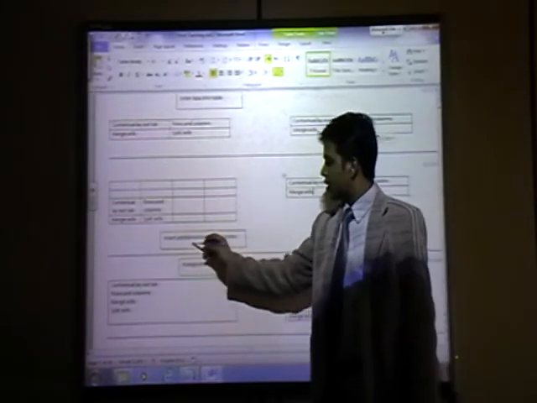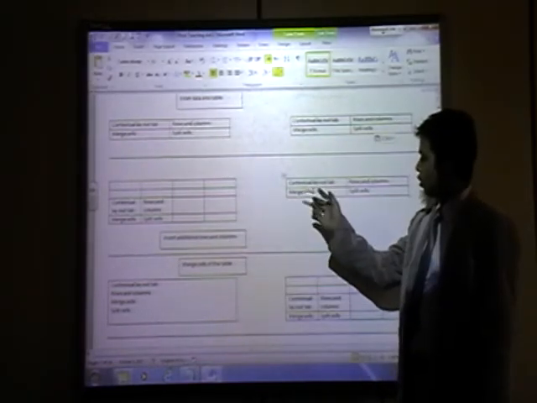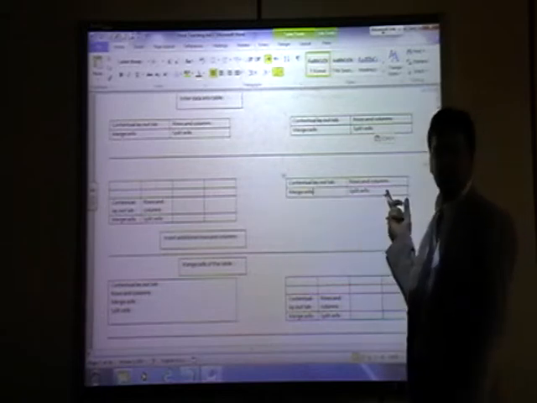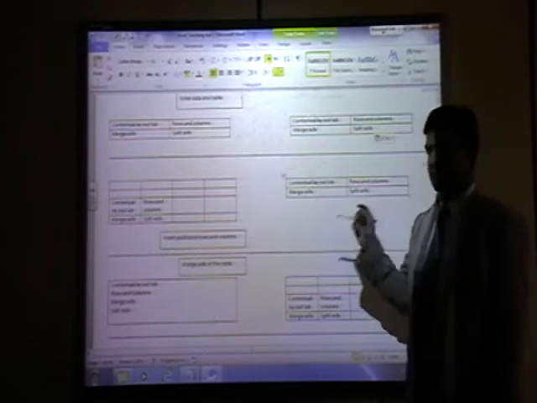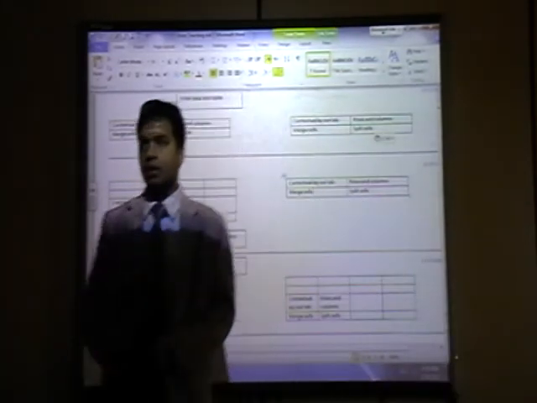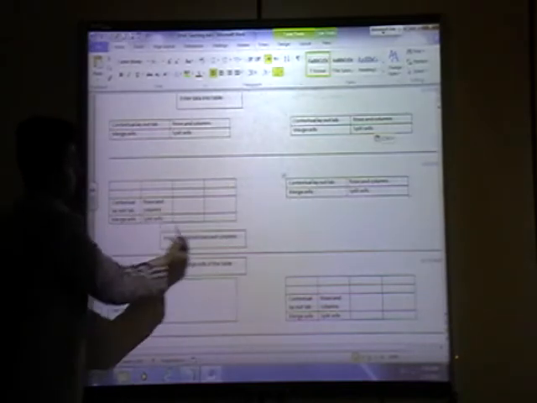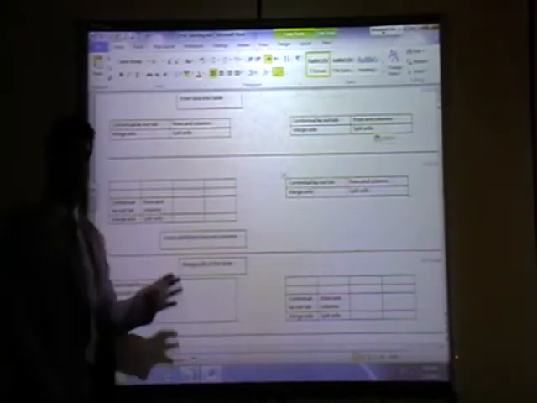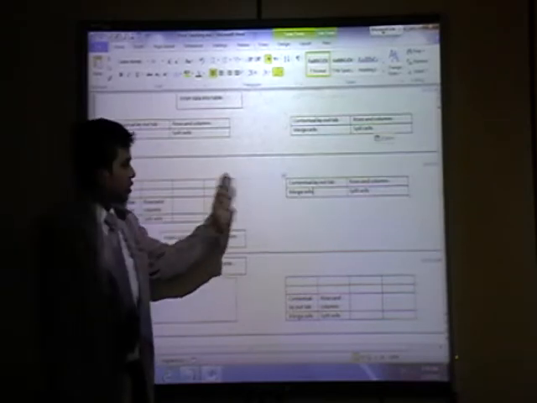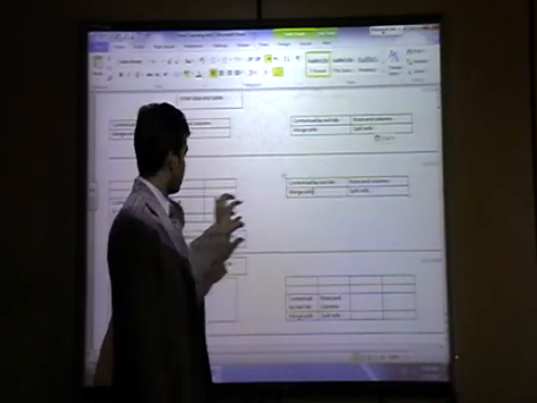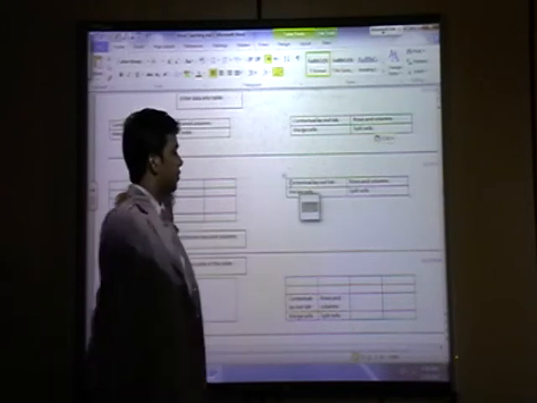Next step is insert additional rows and columns. Here you see 1 row, 2 row, means first row, second row, only 2 rows are there, and 1 column, 2 column are there. But here how many rows and column are there? How many rows are there? 1, 2, 3, 4. 4 rows are there. How many column? 4. 1, 2, 3, 4 column. So here we need to make same type. How you will make it? To do this one, click inside.